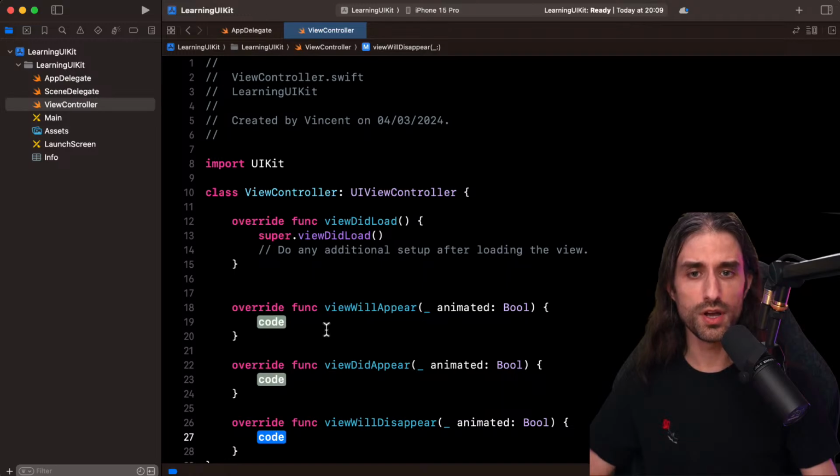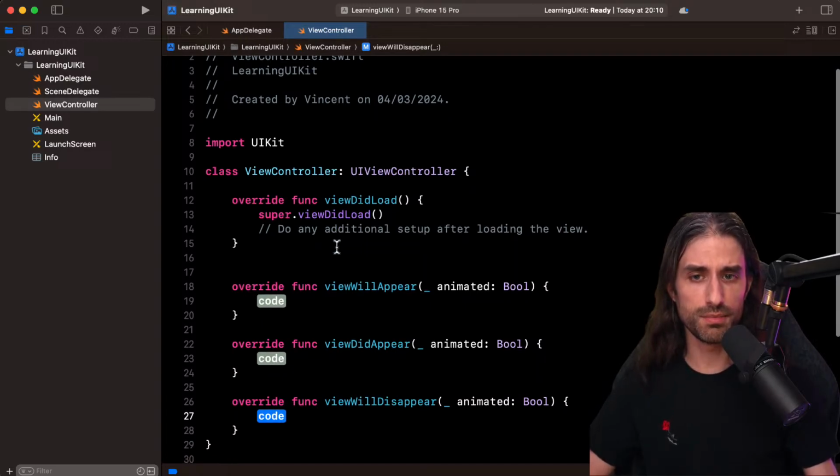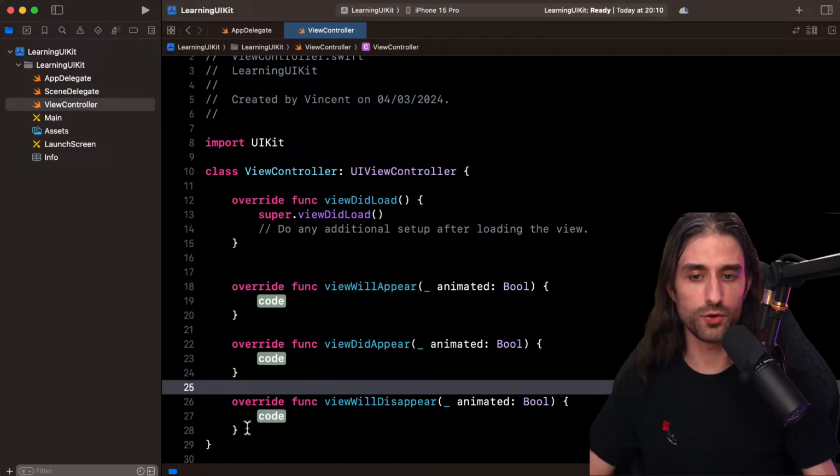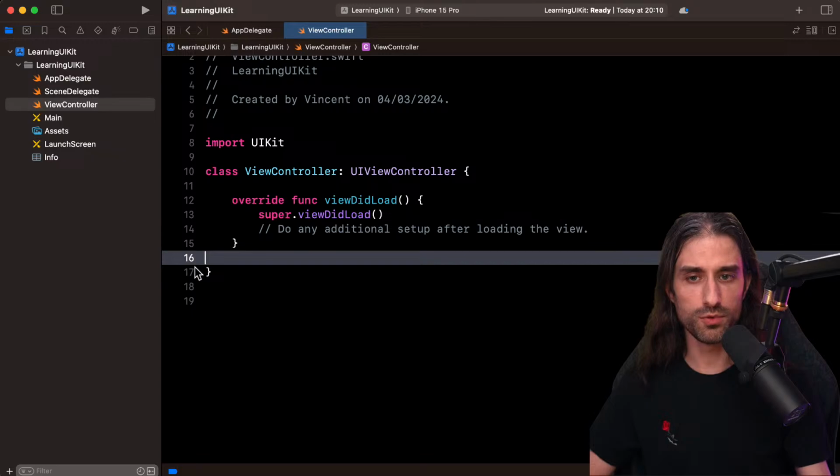that we call on a view. And you can see that in UIKit, it's split into two parts. The view controller owns the life cycle of the view, and the view simply owns how to display some data on the screen. So this can be a bit confusing, but once you start using it, you will probably get used to it quite quickly. Let me remove this code.